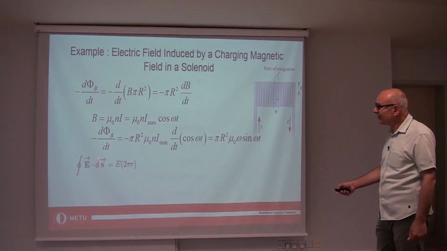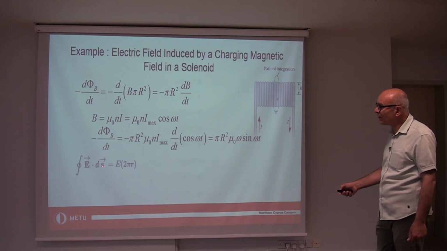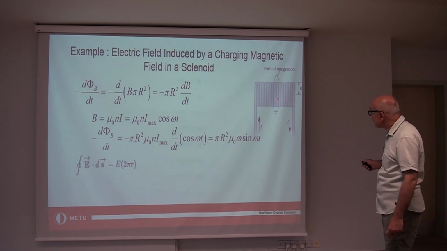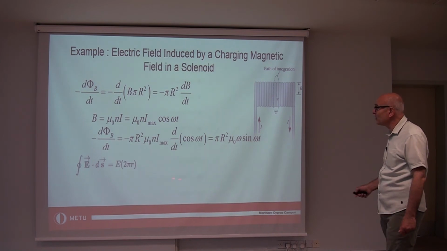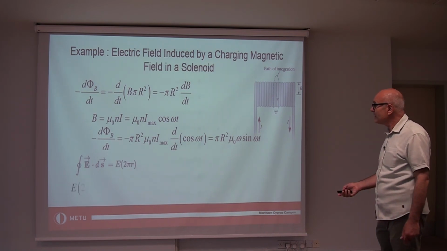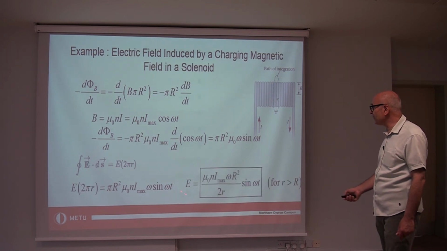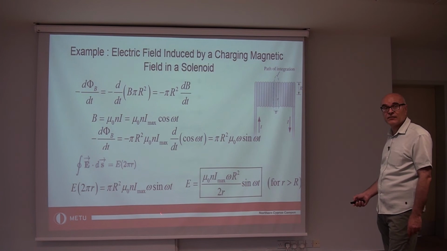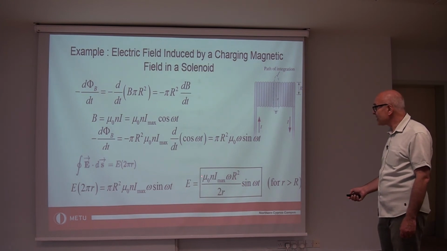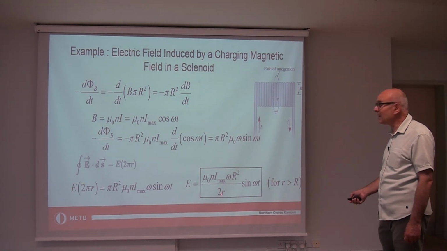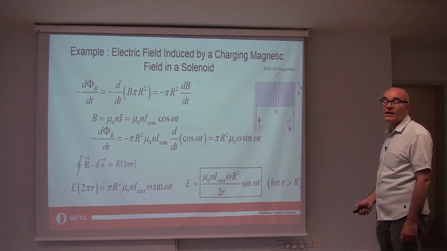When I take this integral, E goes outside as usual, and this becomes the integral over ds. The integral over ds is just 2 pi r, the circumference of the loop, because I'm integrating over that whole loop. So I equate this to this, and from this I extract the electric field. As you can see, it is a quantity which varies with time as sine omega t